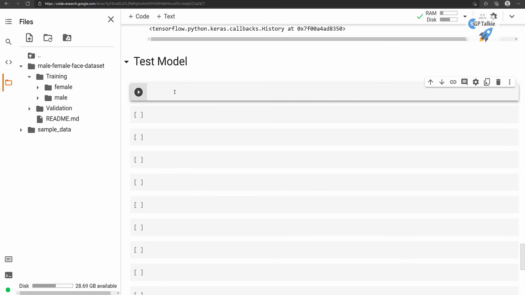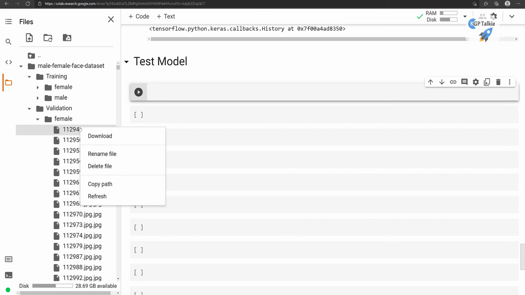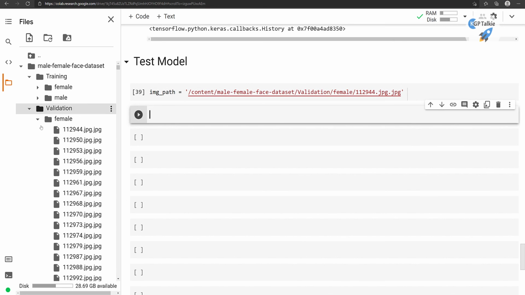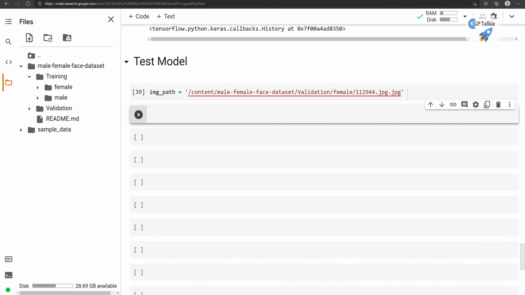In the test model we need an image path. So I'm just going to take some default image path from here. I'm going to copy this path from there. I say here img path equal to this. Whatever image this is, we are going to classify it and see what the gender of this image is going to be. All right, so after getting the path of this image, our task is to load it